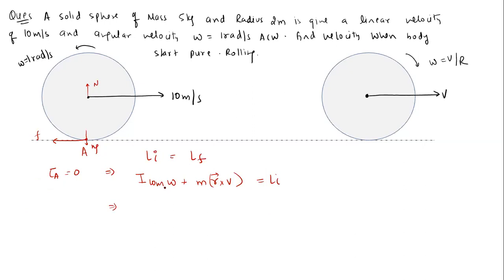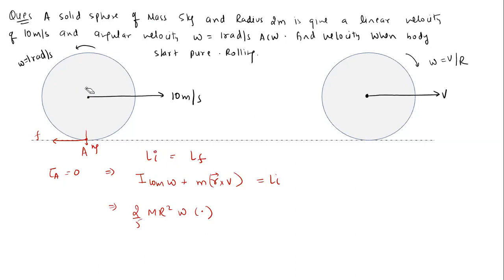Now here, omega is rotating anti-clockwise, which means the direction of omega will be outside the plane. When the body is rotating, you have to curl your finger in the direction of omega, and we will get the direction of angular momentum. So it is outside the plane. What about I center of the mass? For a solid sphere, it is 2 by 5 mr square, into omega dot.